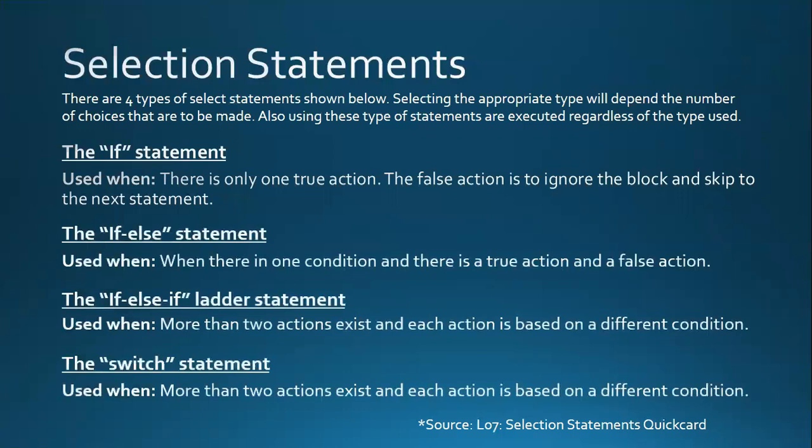The false action is ignored, and the block and the script go to the next statement. The if-else statement is when there is only one condition, and there is a true action and a false action. It basically does either or of those conditions. If you have more than one condition, then you want to use the if-else-if ladder statement to go over the different conditions. And lastly, you could use the switch statement, which uses more than 2 actions, and it's based